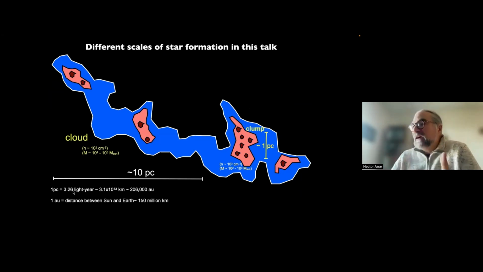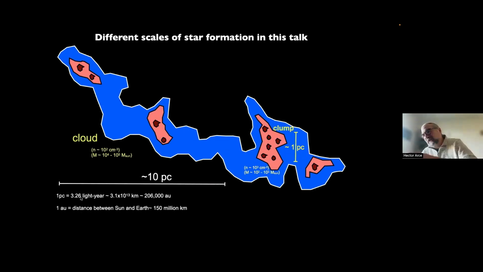And within the low density region of a molecular cloud, we have regions that are denser, because clouds are inhomogeneous. They have regions of low density and regions of high density. So going into higher density, we have what we call clumps, and those are about 1 parsec in size. You can think of the clumps as the regions where the star clusters will form. Inside those clumps, we have even denser regions, the cores,